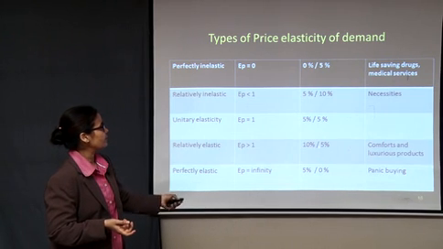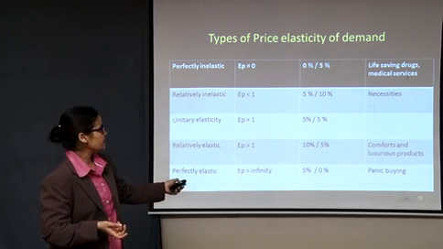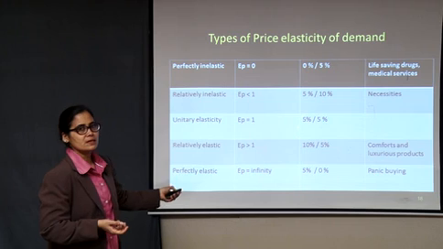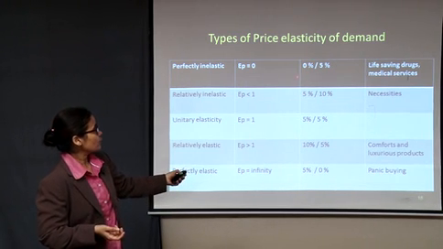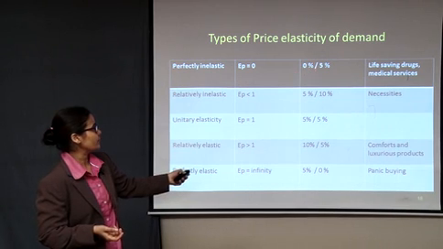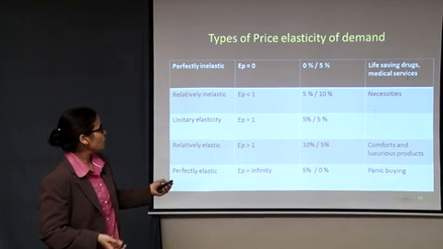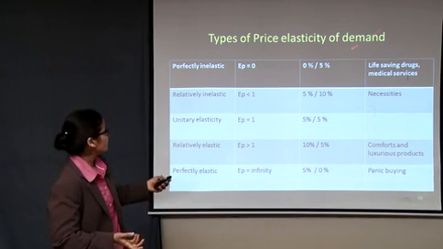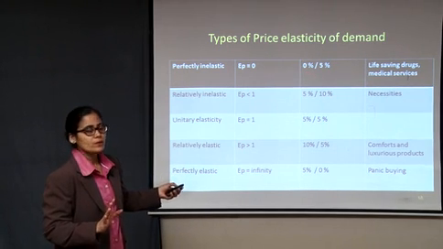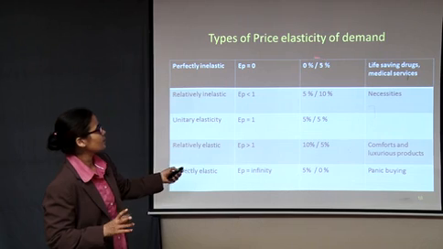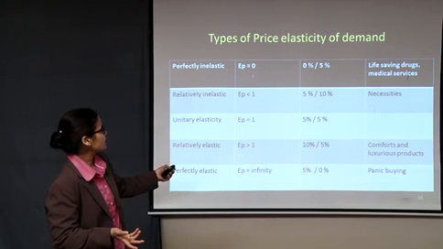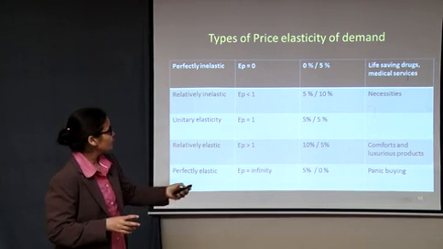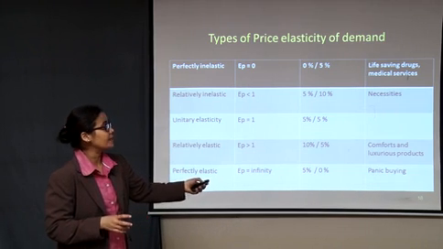In the third column, I have given you the numerical values. Similar to this was the previous sum. So everywhere the numerator is the demand. So 0% upon 5%. Actually there is no percent, it should be 0. So 0 divided by 5%. That means if the price is changing by 5%, the demand is changing by 0. So what will be the answer? 0 divided by 5? 0. And if your answer is 0, what will you declare it as? Classify it as perfectly inelastic. You will find this in case of life-saving drugs and medical services.